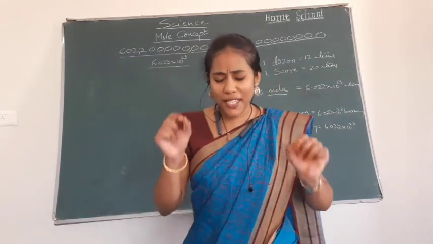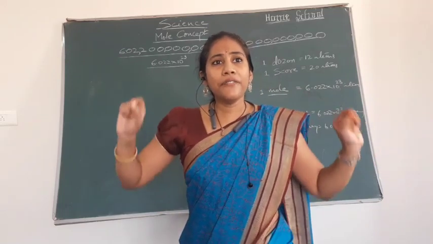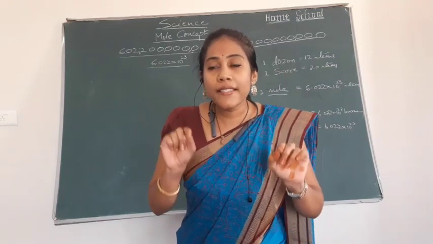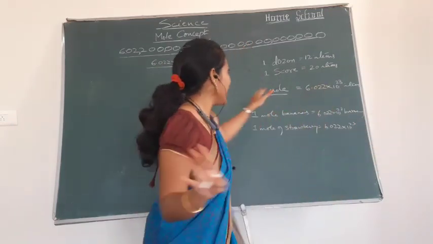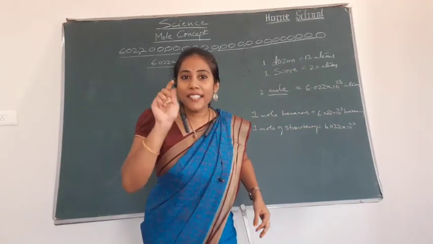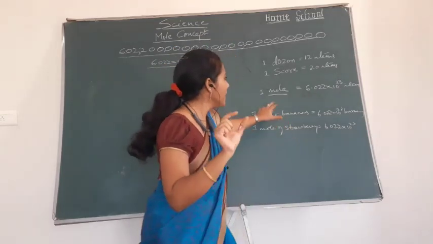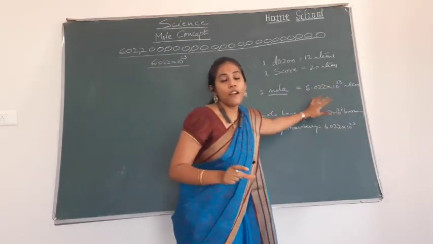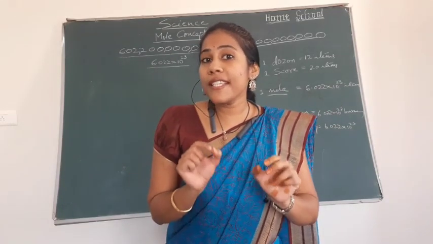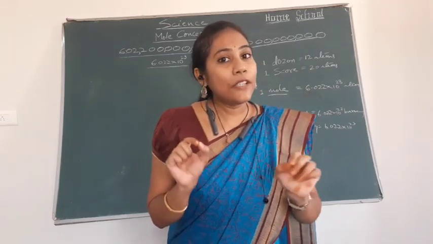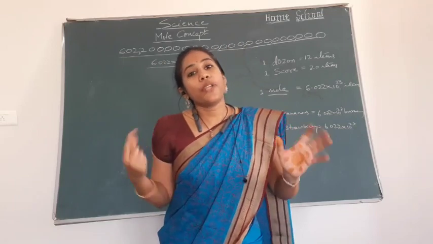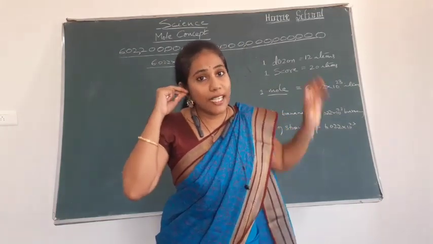So mole is just a number, guys. Leave everything from your mind and just stick to one concept: mole is just a number. That's it. Just like 1 dozen means 12 and 1 score means 20. So mole is just a number. Mole means a collection of these many items. It's a huge number. Clear? So why do we use this huge number? Because we deal with smaller items like atoms, molecules and all. To represent them, we want a bigger number. So we consider a mole.